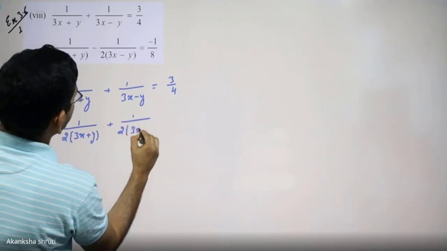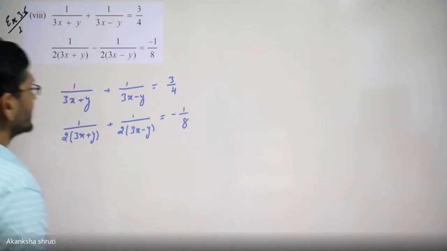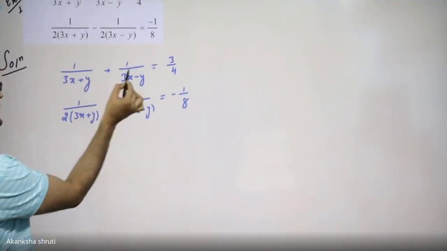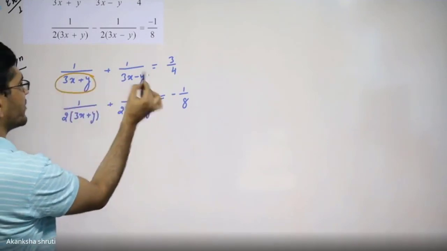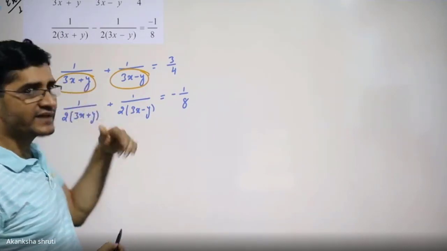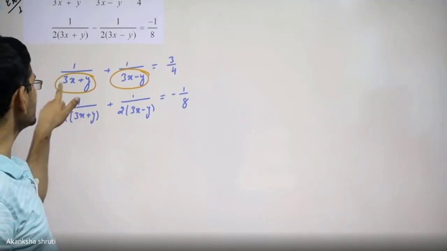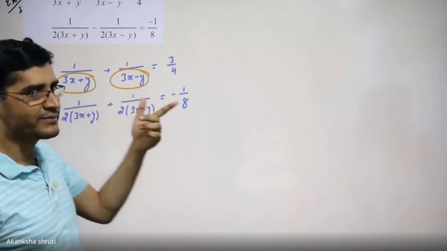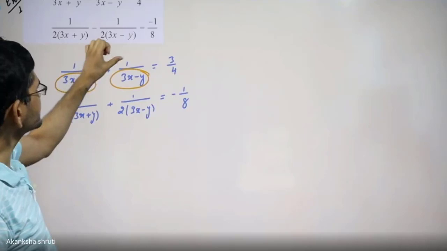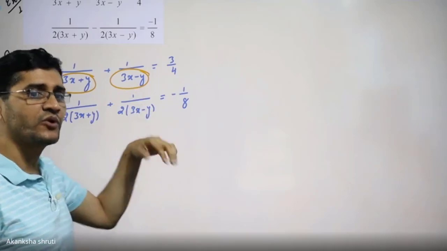Inside the bracket we have 3x minus y is equal to minus 1 by 8. Students, in this case we are observing that in each of the denominators we have both x and y. It means I shall treat this 3x plus y as a new variable. But one thing more you shall keep in mind. If you are treating just 3x plus y as a new variable, say u, then it will get converted into 3 by u plus 3 by some new variable v. Again, you have to go for substituting a new variable.